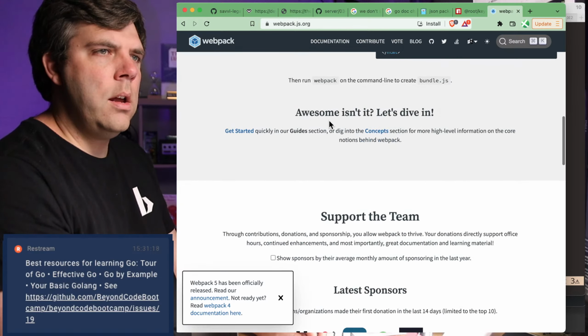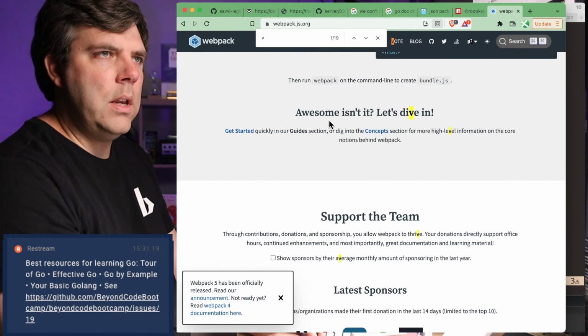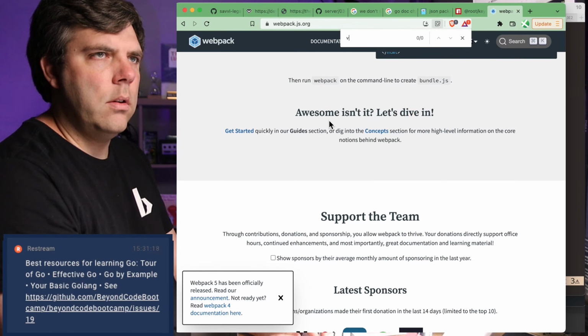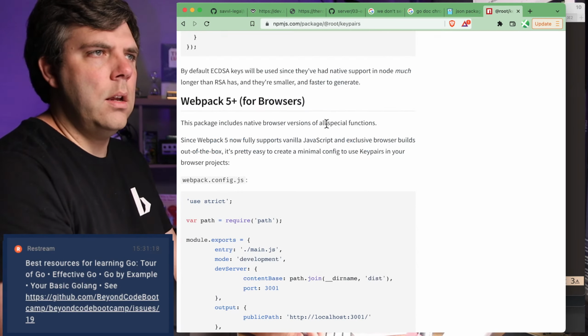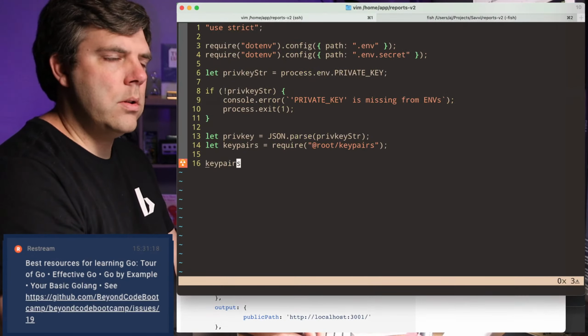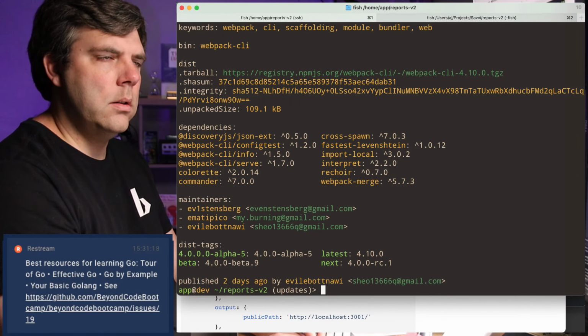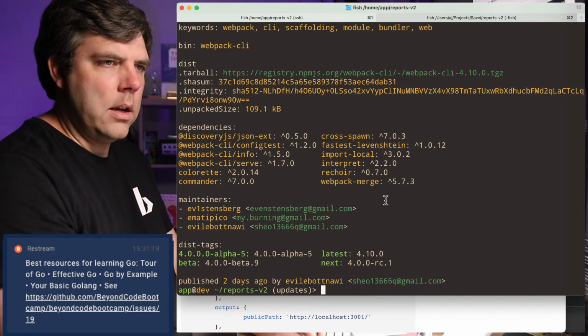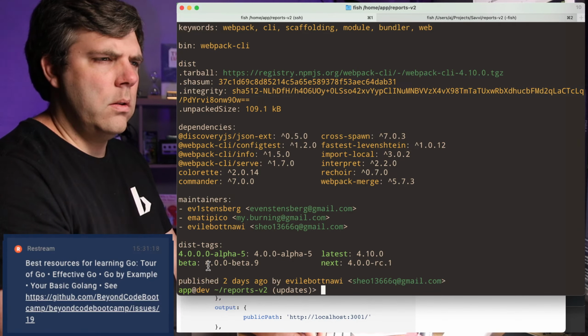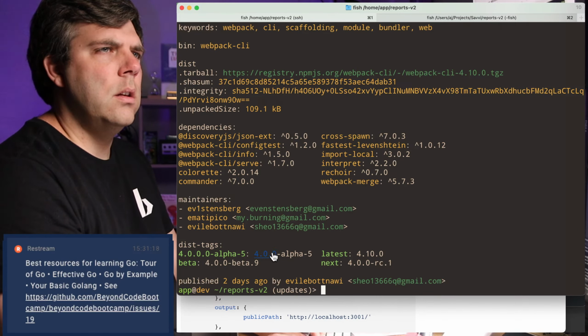Let's see. How do we know what version we're at? V5, V4, V6. Oh, okay. Let me just try this real quick. npm info webpack. CLI, I think. Disk tags. What? That doesn't make sense.